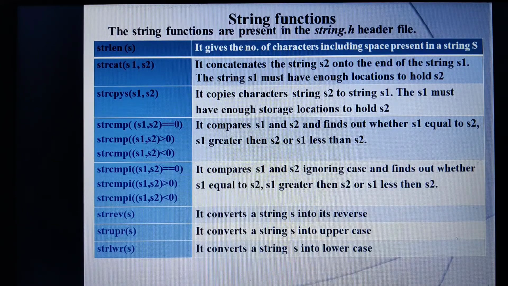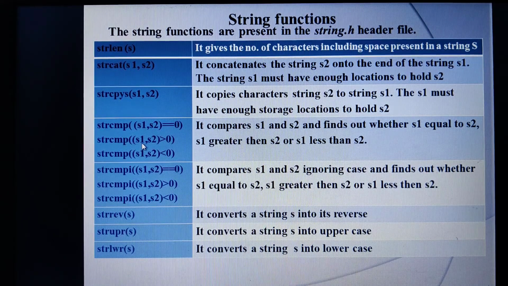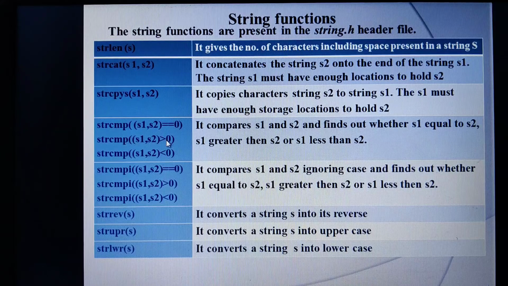Now suppose S1 is greater than S2, then it will give me the ASCII value. How much is it greater by? Because all these characters are understood by their ASCII values, it gives me the difference of the ASCII values, that much amount.